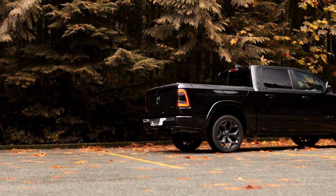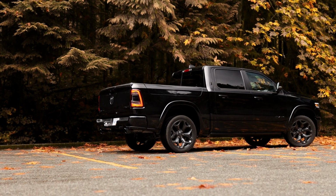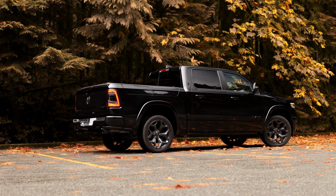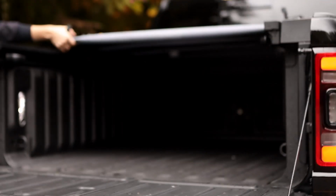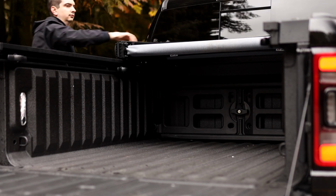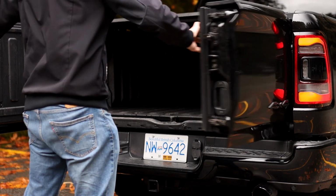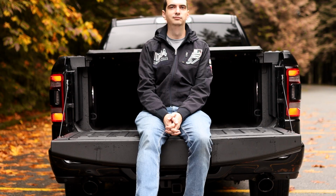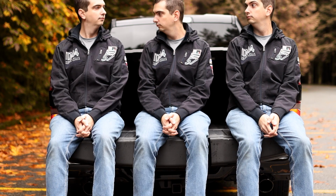The Ram Limited is available with a 5'7" or 6'4" length bed. This particular demo had the shorter bed along with the Ram box, which are the lockable boxes to either side of the bed. These do take away from the overall bed width though. The new tailgate does allow for easier reaching capability into the bed when it's opened in its barn door configuration. As for that 60-40 split fold when the tailgate is down, don't worry, it can still hold up to 2,000